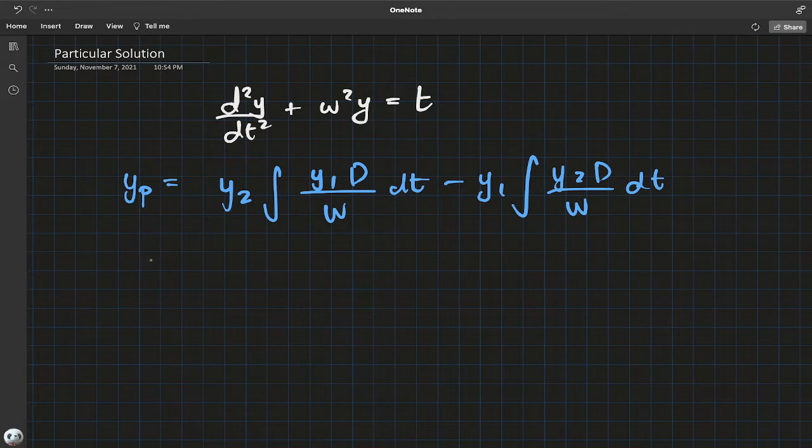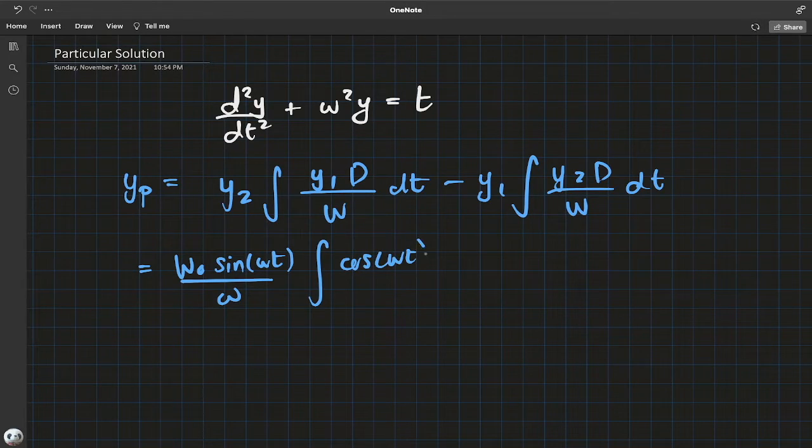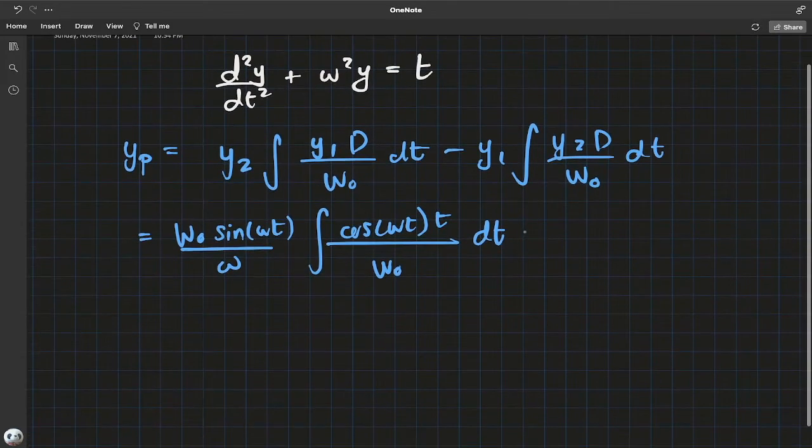This was the linearly independent particular solution. Y2 is known to us, it's just w naught sine of omega t divided by omega. This is just cosine omega t, that's y1. Driving is t in this case, just the linear, over Wronskian will be w naught because it's a constant, dt,